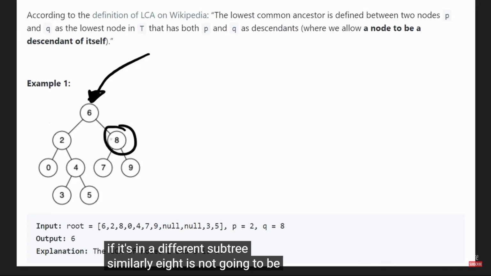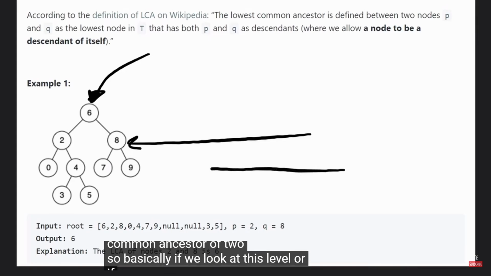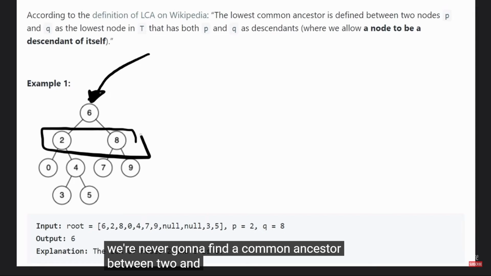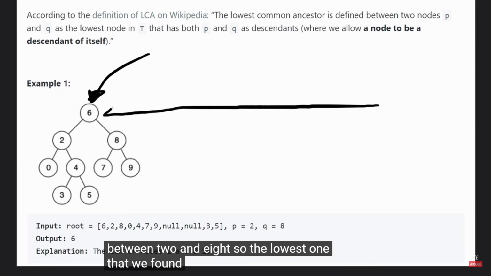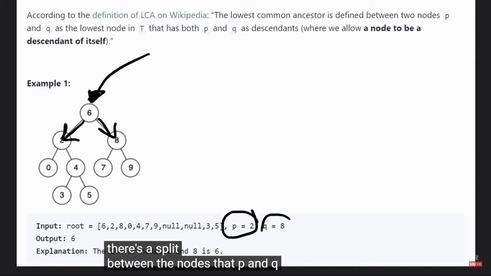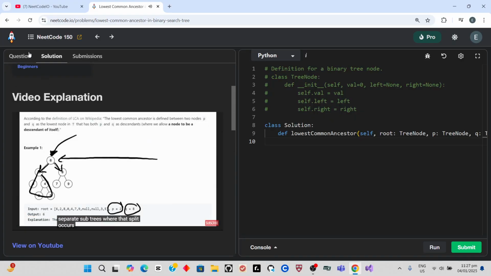Similarly, 8 is not going to be a common ancestor of 2, so basically if we look at this level or if we keep going down, we're never going to find a common ancestor between 2 and 8, so the lowest one that we found ended up being 6. So we notice if there's a split between the nodes that P and Q are going at, if they're going in separate subtrees, where that split occurs is